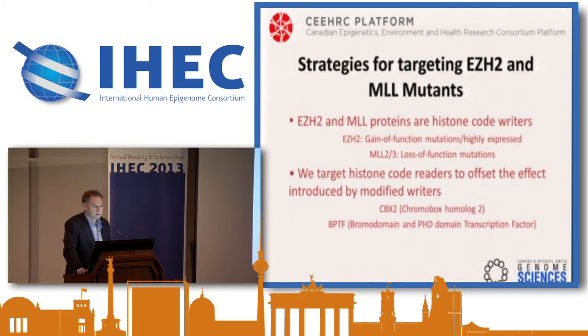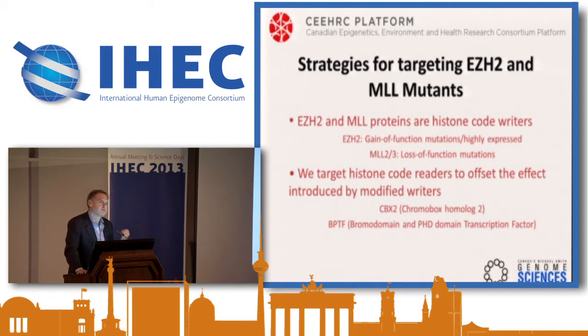So how do we exploit this? Well, EZH2 and MLL2, these are histone code writers. EZH2 is gain of function, MLL2 is a loss of function. And we know how these can prevent the activation of these kind of differentiation pathways. What we want to do is to say, well, these proteins write these marks, but can we actually